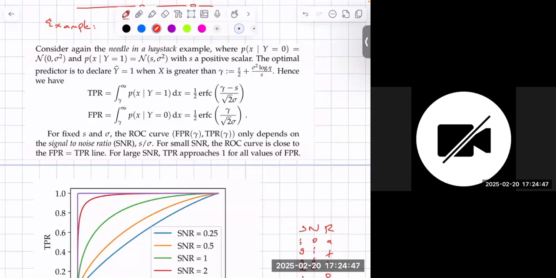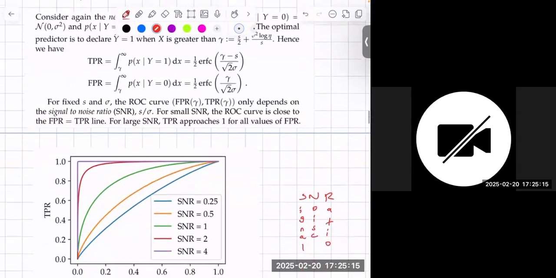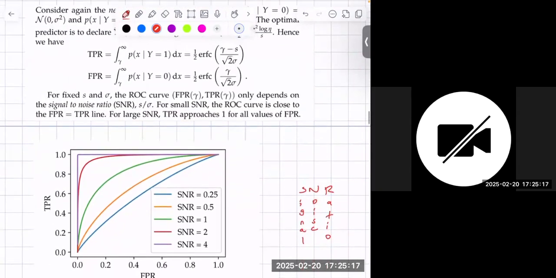This X. And then if the label is 1, then you get a Gaussian on a positive scalar S. That's called the signal. If the label is 1, you got a signal, okay? Nice. And then you could work out the optimal predictor, and then work out the true positive and false positive rates for the optimal predictor. And then you could plot, okay? And the answer, as you see,